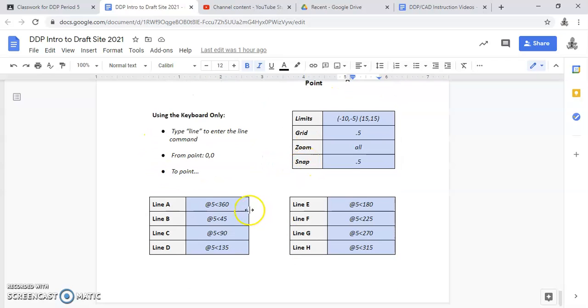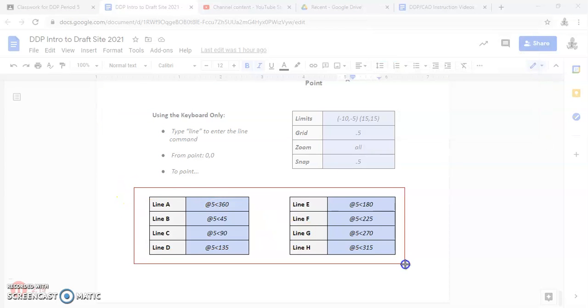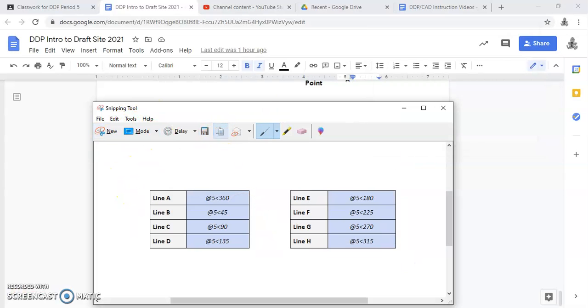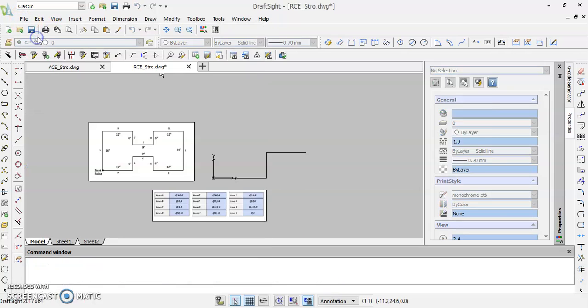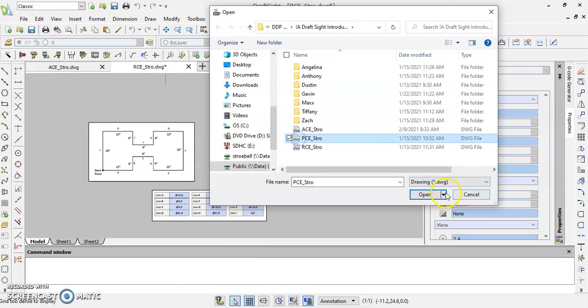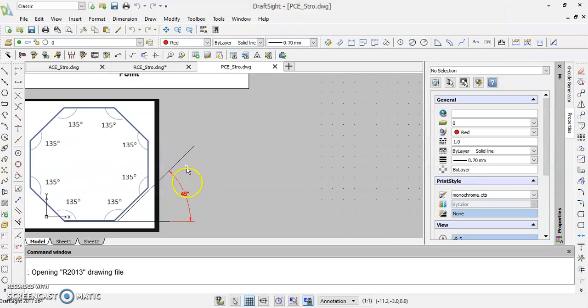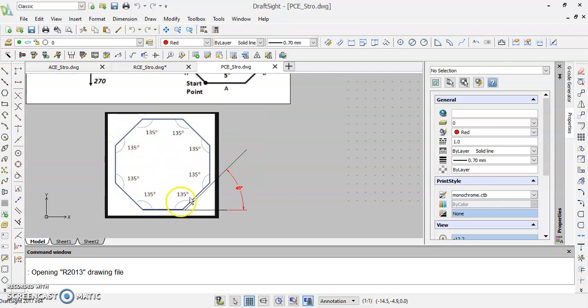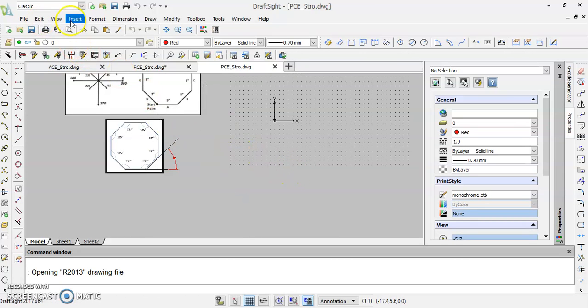225, etc. So we went through some of these in class, so hopefully either you have those entered or you use this video to help you out. Again, I'm going to take a screenshot of those coordinates and I'm going to paste those right in my drawing. So I'm going to copy those, and let's move over to polar coordinate entry. Okay, so again, we've shown you a few different models on how to figure out what the angles are. Again, I'm going to paste in